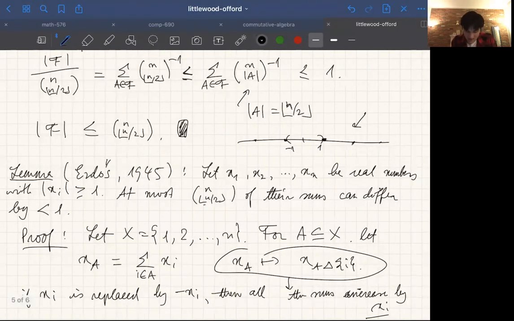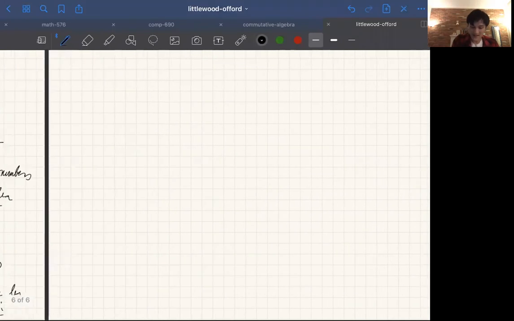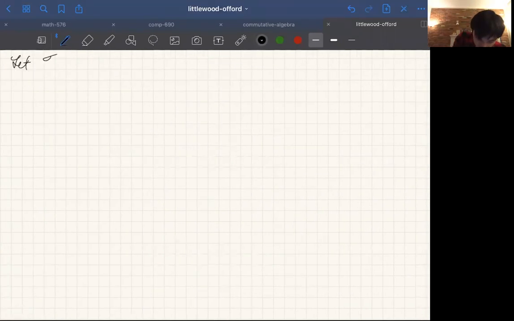If all the xi's are replaced by minus xi's, then all the sums increase by this, so it doesn't change the problem, right? So we can say they're all positive real numbers. That's what that whole tangent was about. Okay, so what do we do? Let F be a collection of subsets